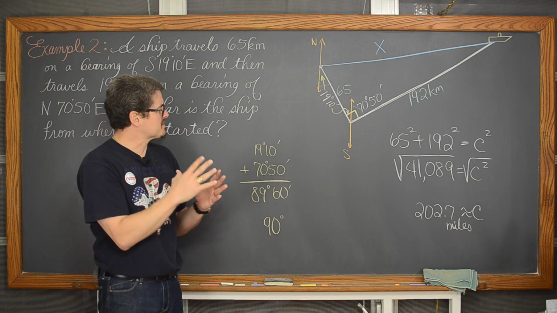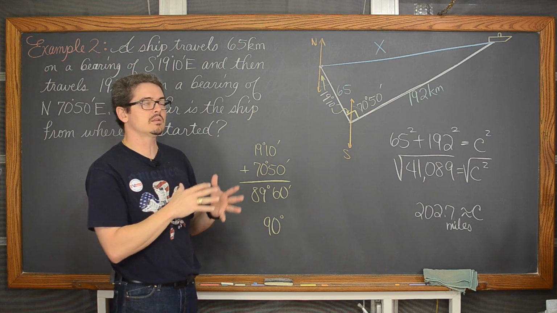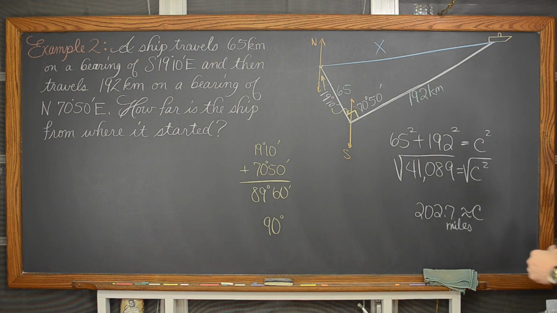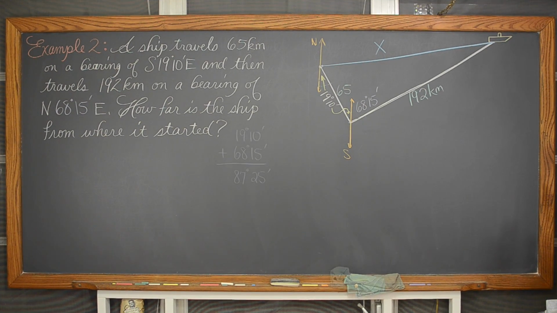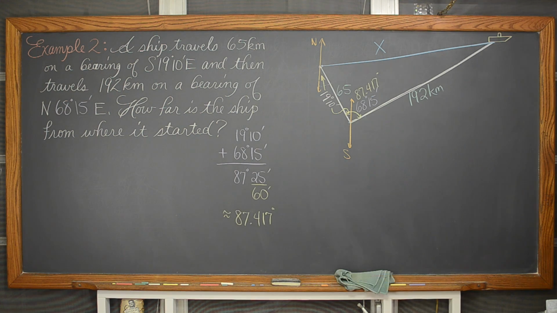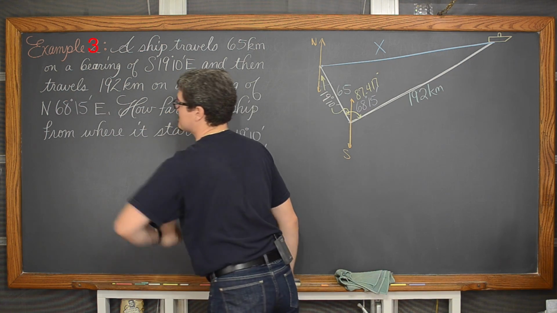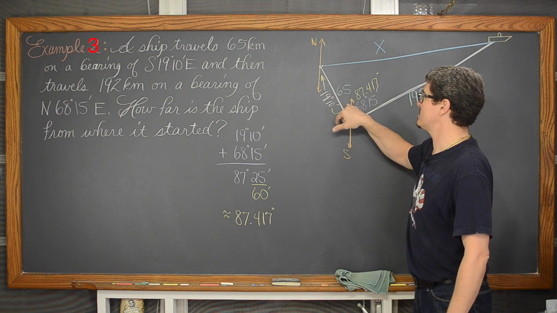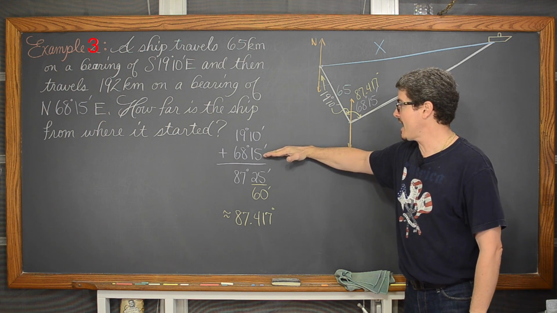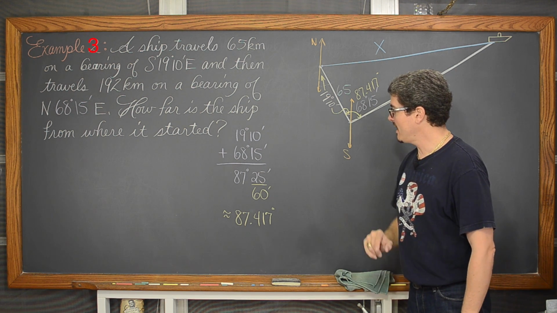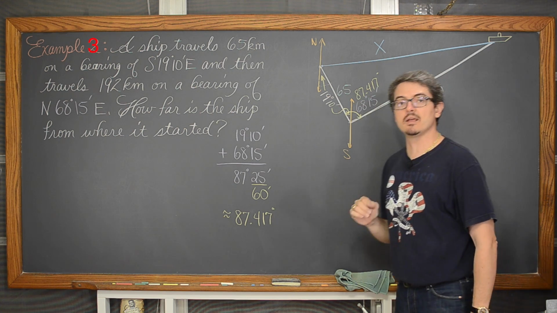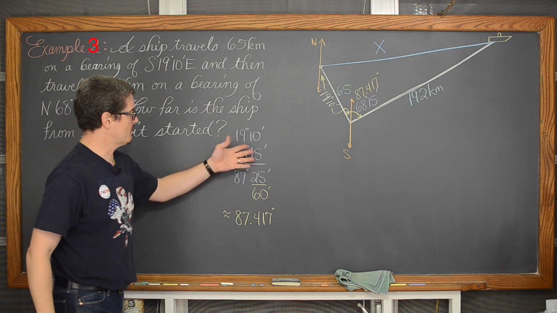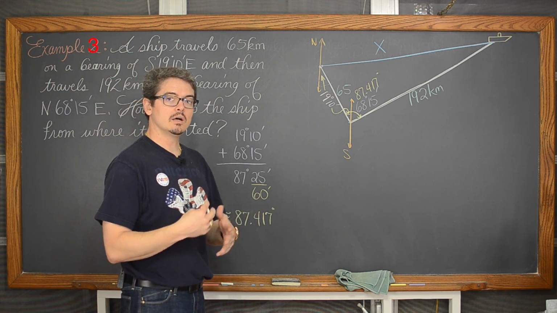Now we're going to get into law of sine and cosine. You know, what if I just manipulated this problem a little bit so that these two angles didn't add up to 90? So we've changed our new bearing to north 68 degrees and 15 minutes, and you see that I'm still, of course, using those alternate interior angles, taking the 19 degrees 10 minutes, adding it to our new 68 degrees and 15 minutes, and we get a new combined angle, which is approximately 87.417 degrees. I got rid of the minutes and got to a decimal approximation because of the work coming up.